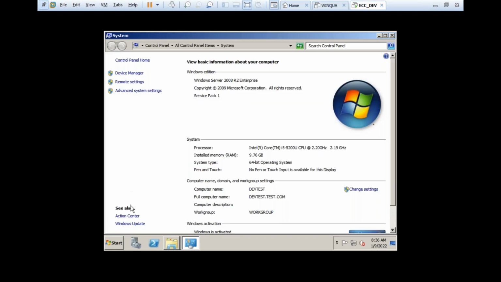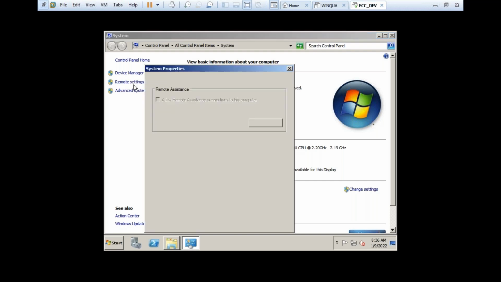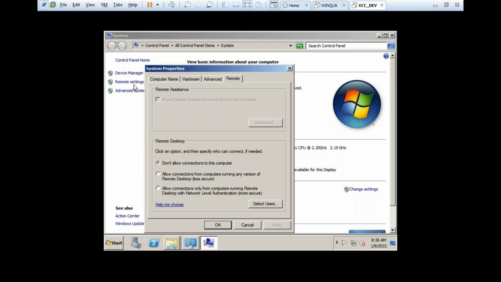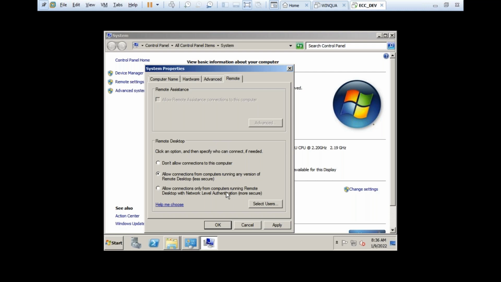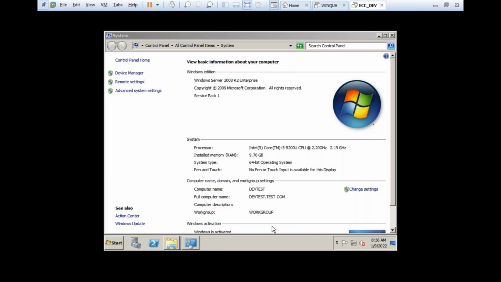Go to remote settings. We are going to take remote of this server only. The screen visibility will appear bigger for us. Enable allow the connections, second option below. Turn OK, apply OK. Go to the virtual machine, Windows machine, and take MSTS.